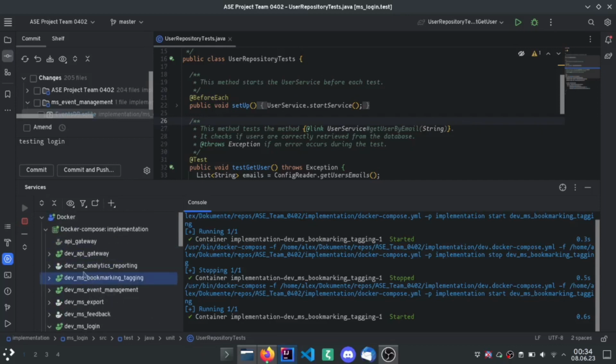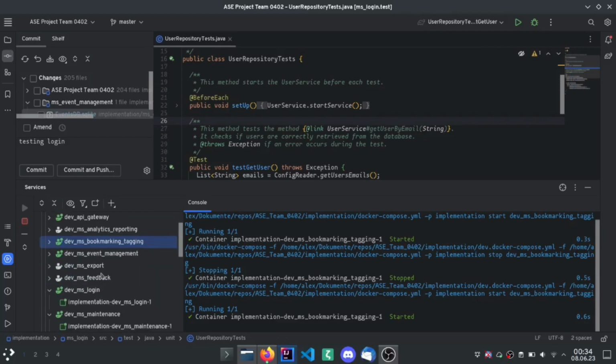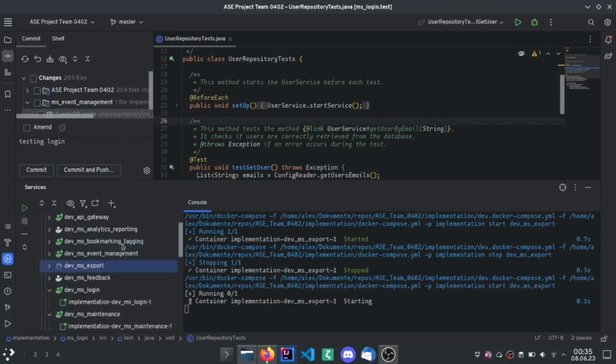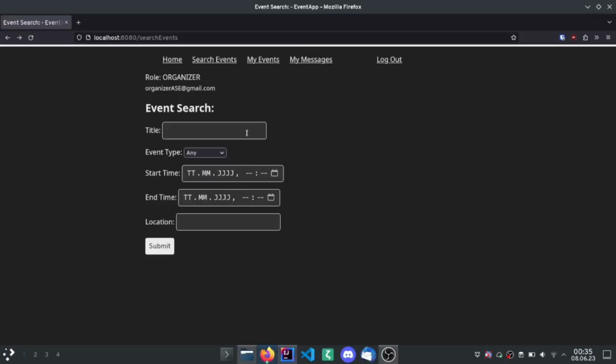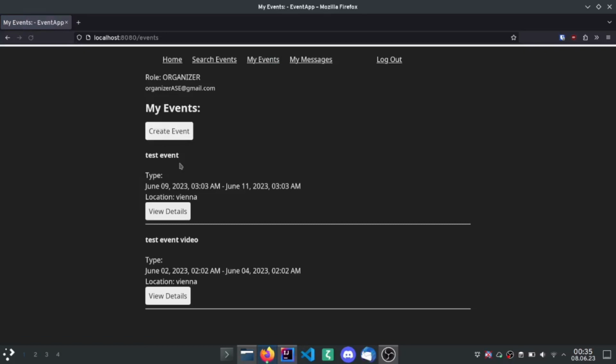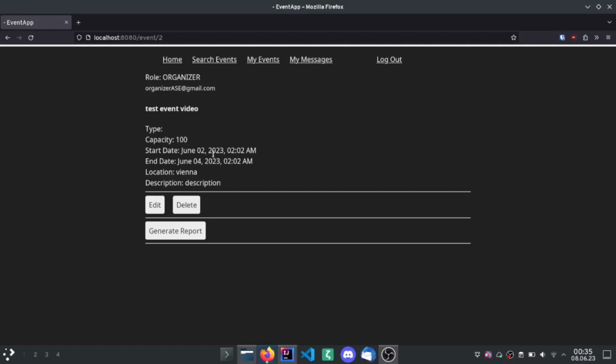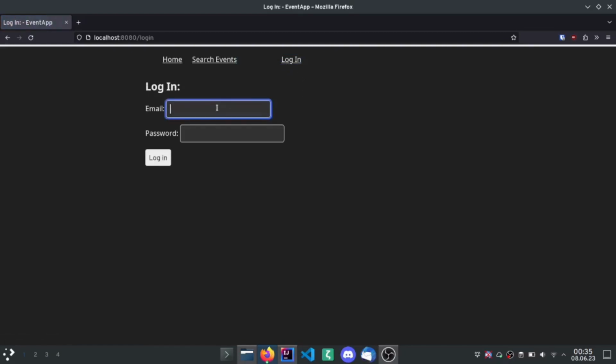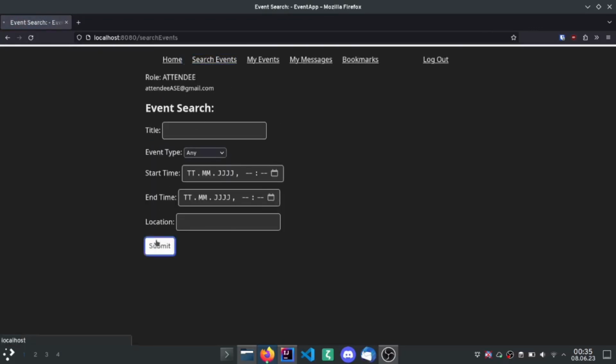Now we want to test the export functionality, for which we would also need the bookmarking and tagging container running, since they're dependent. So what we do here is just check one of the existing events. Now, since bookmarking and exporting functionality is available for the attendee role,